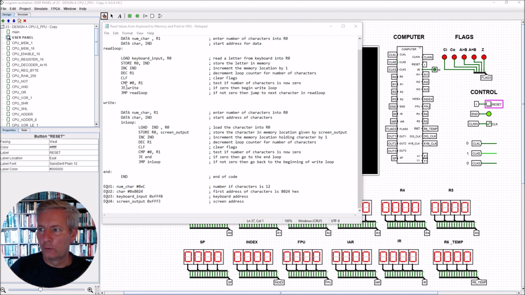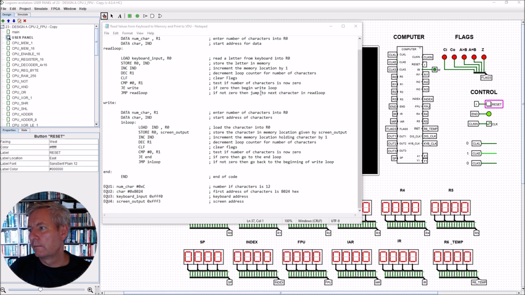So this is an ALU operation where we compare the value 0 with the contents of register R1. The contents of register R1 is going to contain the number of characters which we have still to read in. So if the number of characters that we read in is equal to 0, then